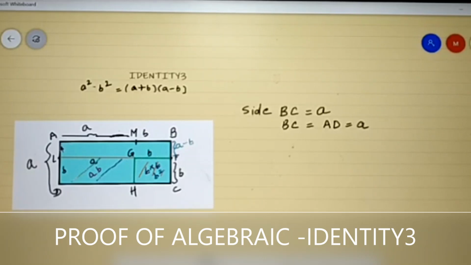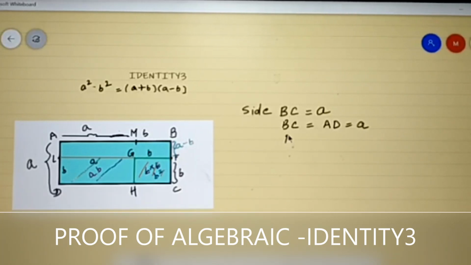And so AL is parallel to BF. This is also A minus B. That is total length minus this part of length is the remaining part. The total length is A minus this part is B. So from total we remove B, we get the remaining part A minus B. Thus we will write here